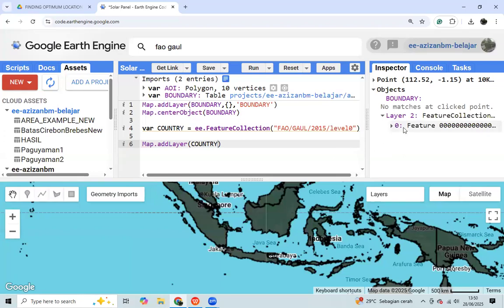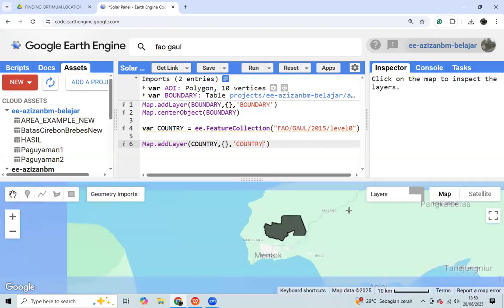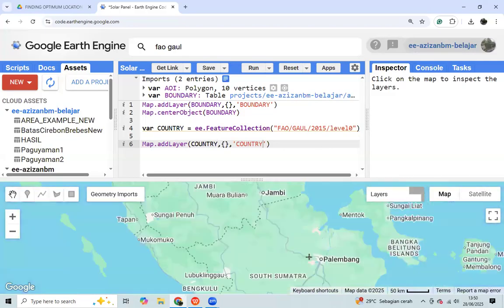And then on the inspector, we can see the layer 2, which is the country data, or we can change it first to make it more clear. Then we zoom out.